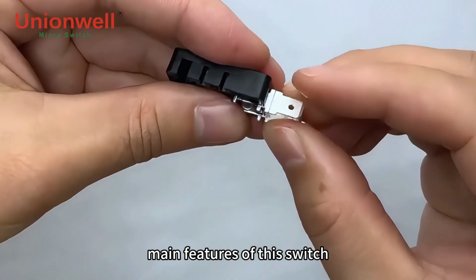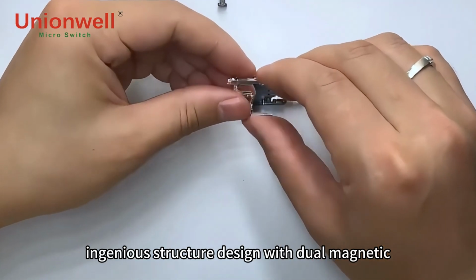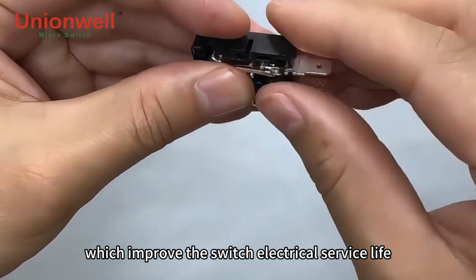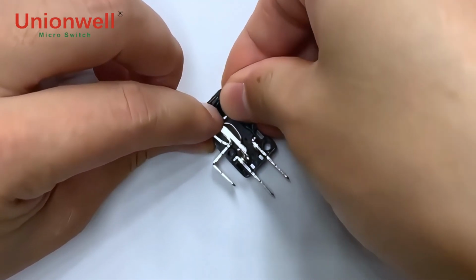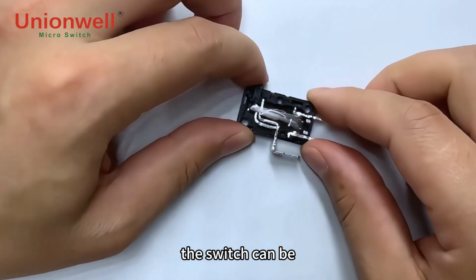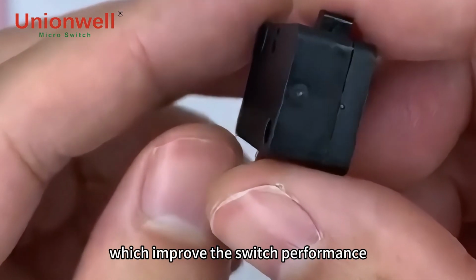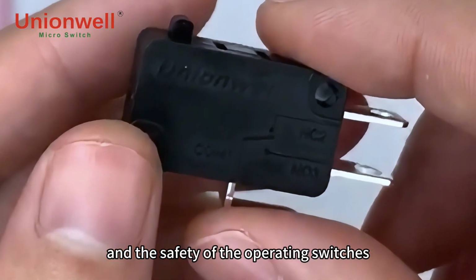Main features of this switch: the switch has an ingenious structure design with dual magnetical for arc extinguish, which improves the switch electrical service life. It has obtained a patent. The switch contact gap is 3mm. The switch can be disconnected entirely under heavy load conditions, which improves the switch performance and the safety of the